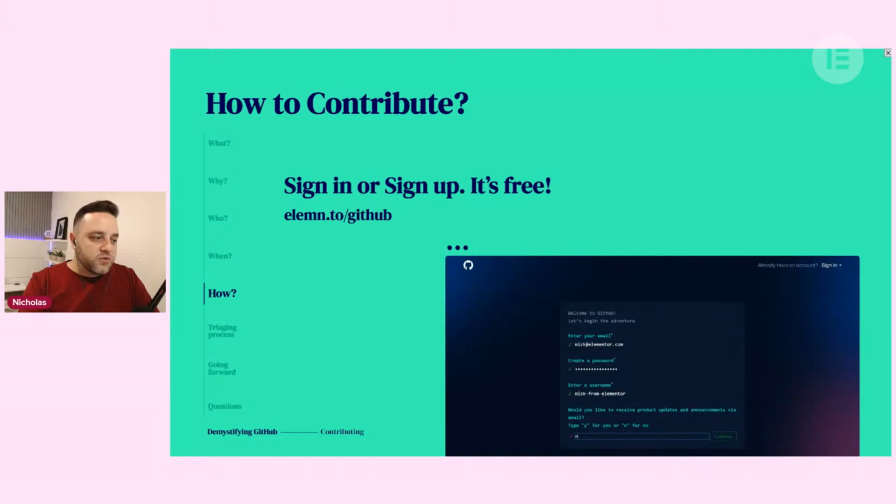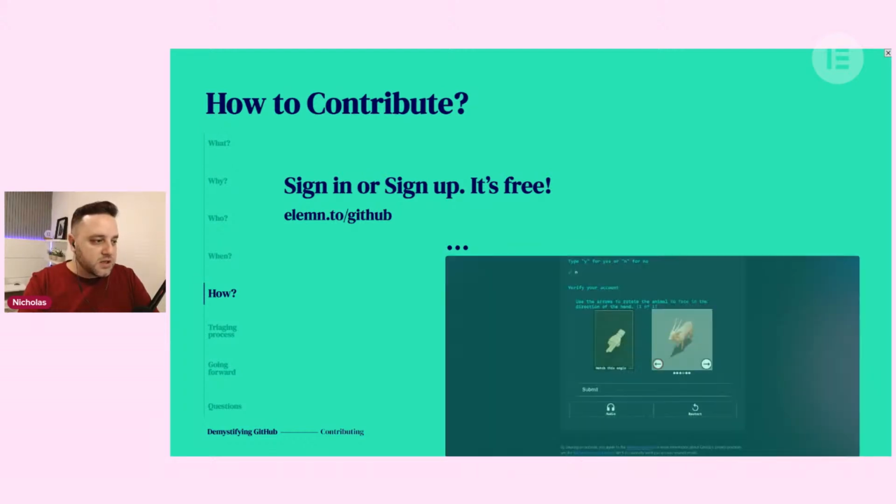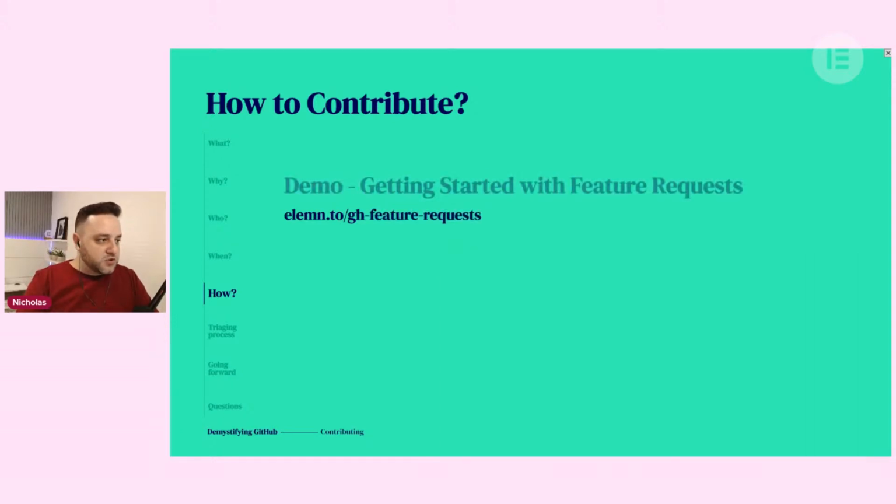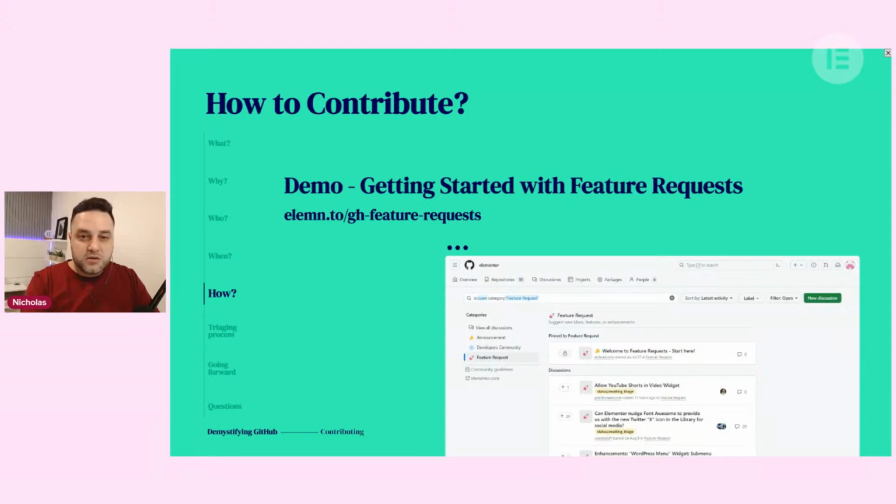You're going to fill some fields on the form, and eventually you're going to receive a code to validate your account, and you'll be granted access to the GitHub dashboard. So now I'm going to show you how we can, from there,